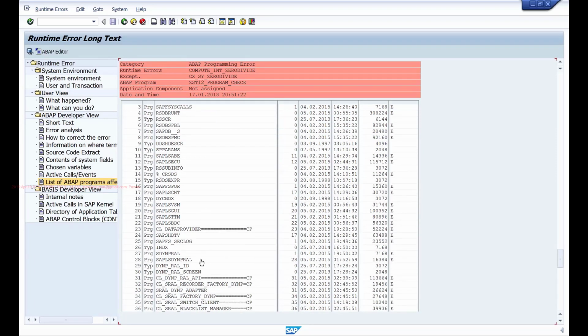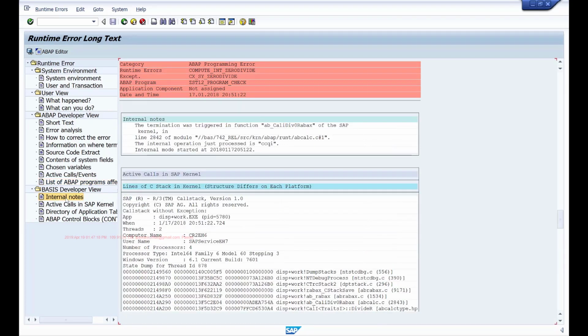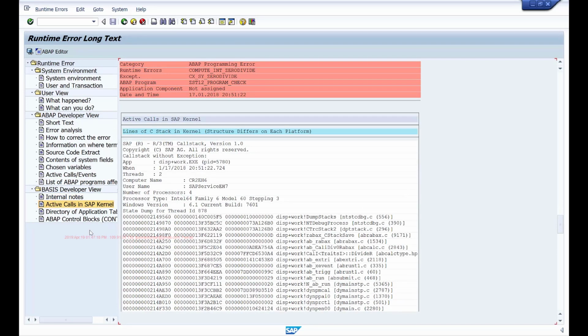So this also helps you identify, if the program is called by another program, which is the previous program that called this program. And for the basis developer also, it gives some basis related information. For example, if the issue is due to an internal table overflowing, then the basis consultant can see such information and maybe help to increase the memory size of the internal table.